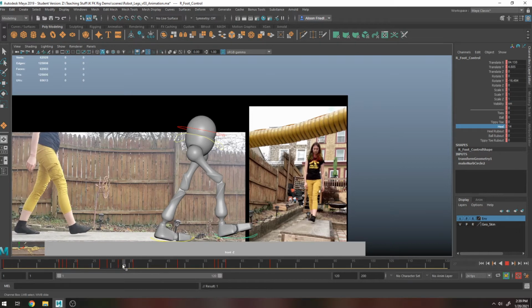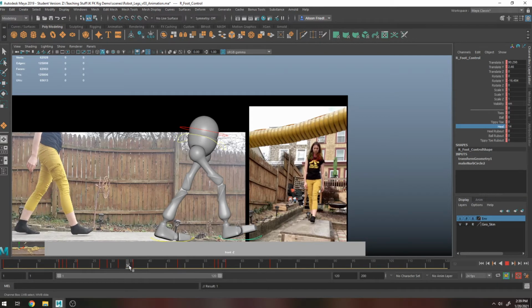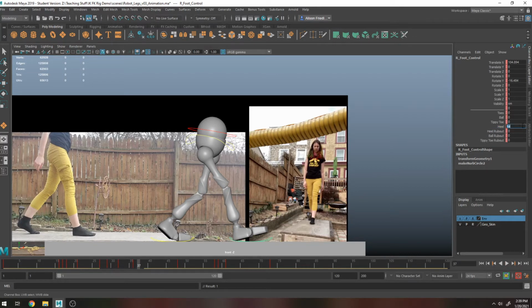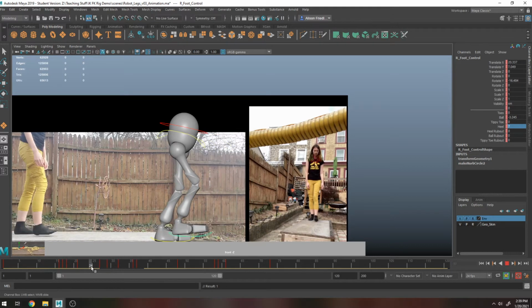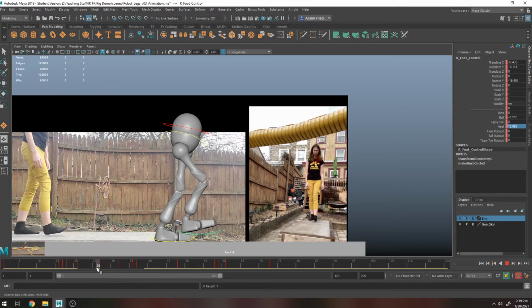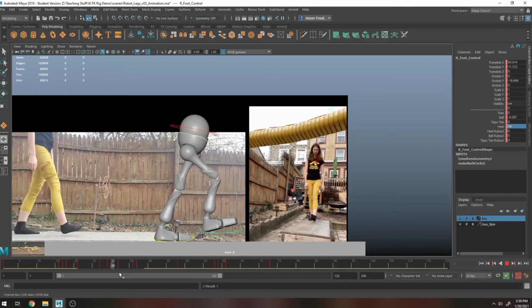some of the other, alright, so it pretty much stays bent until about here. So I'm probably going to have to lower the foot now because I made it really high. And then that should pop down pretty much right here. And again, zero that out. And now, ooh, why is my foot coming apart? And now we should have some kind of little stepping motion that does a not terrible job matching the original